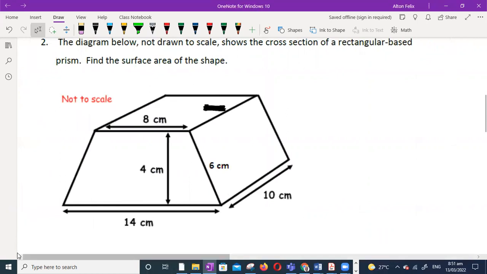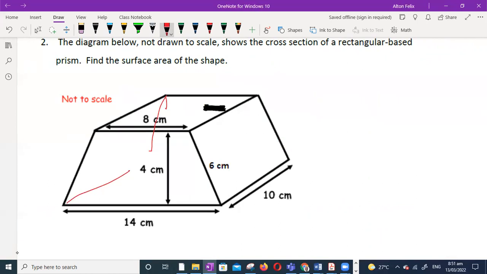So you're given a diagram, not drawn to scale, and it's a rectangular base prism. So let's see if we could visualize what's happening in the back there, right? So the back will be sloped somewhat. This piece will come back here to meet it. Right, let's draw that as straight as we can. This piece will come back here to meet it here, and it will come back across here to meet this piece here, right? So if you are asked to find the surface area,